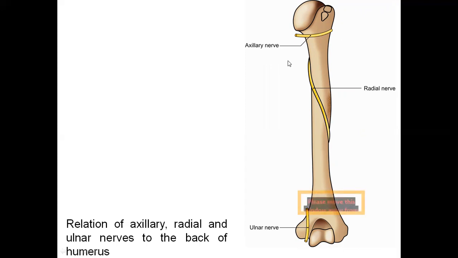Ulnar nerve. All these nerves are clinically important because suppose a person falls on an outstretched hand, or meets with an accident, you will see the axillary nerve is damaged at the surgical neck of the humerus. Okay, the radial nerve may be damaged if there is any fracture of the shaft. And the ulnar nerve may be damaged if there is any fracture along the medial epicondyle of the humerus. Whatever muscles are supplied by these nerves will be paralyzed. If I introduce the muscle names, it becomes too much and you may find it tough, nothing to worry. Once you learn the brachial plexus, automatically you will learn everything. Okay.